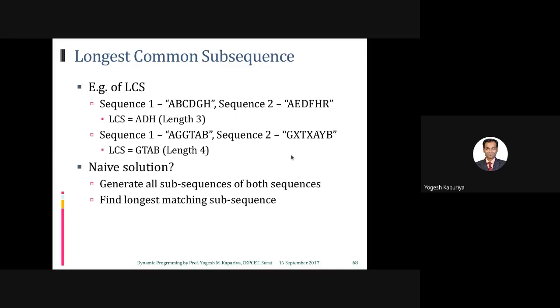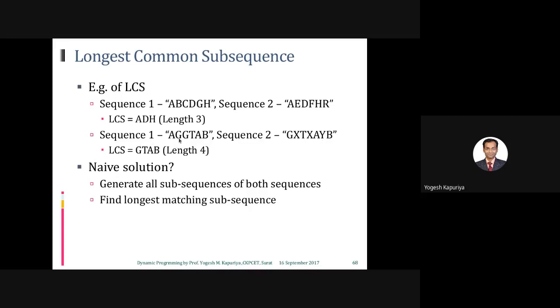When it matches, it means that you have at least a common subsequence of length 1. So what you can do, you can simply remember that there is one match, plus because the last character has matched, you can simply ignore this character and create another problem statement by skipping this last character. Here also you can skip the last character. So your problem statement was between this sequence and this sequence.